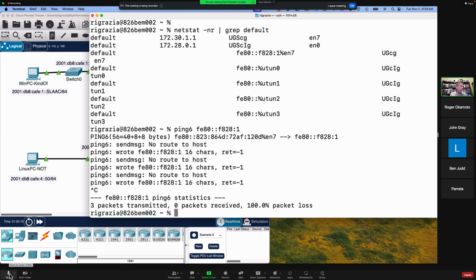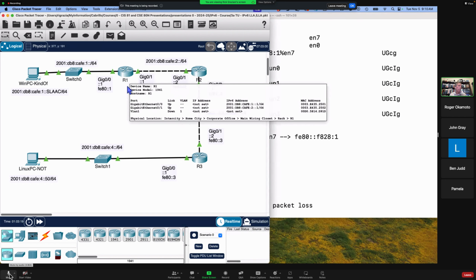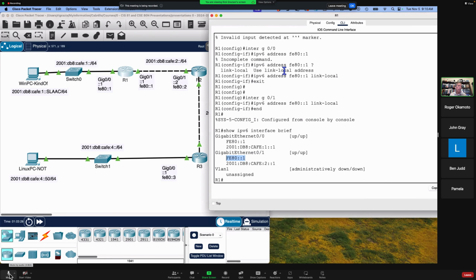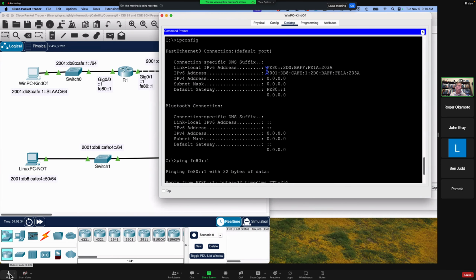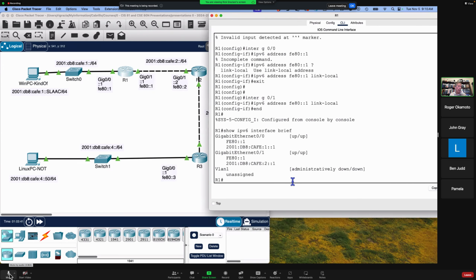No, I can't. It says no route to host. Here's the problem. Okay, link local addresses. Let's look at it from the perspective of the router. If the router wanted to ping a link local address, let's go back to this router real quick. Remember, here's the link local address of our device. Let me go ahead and copy this. If our router wanted to ping that link local address,